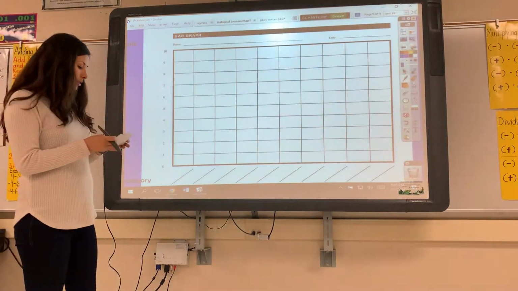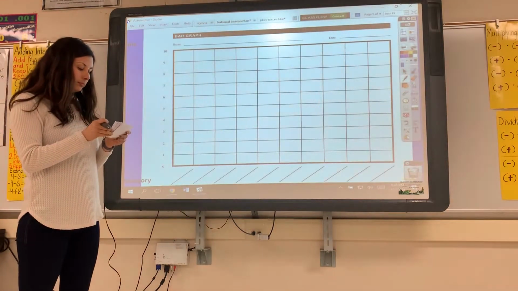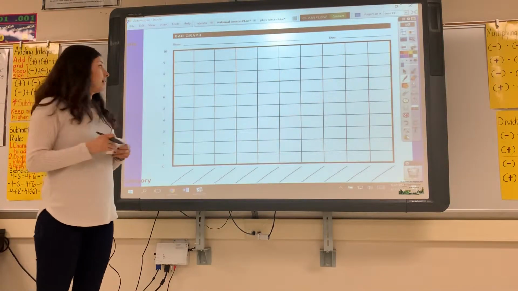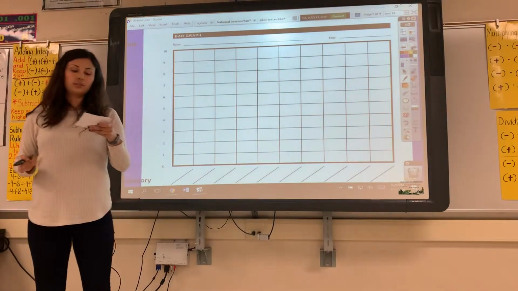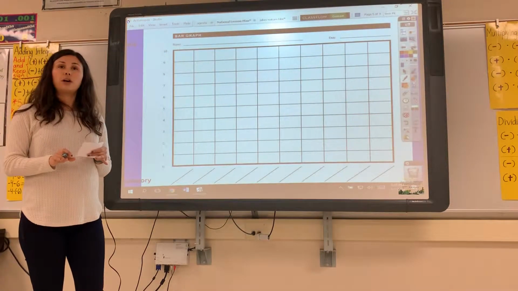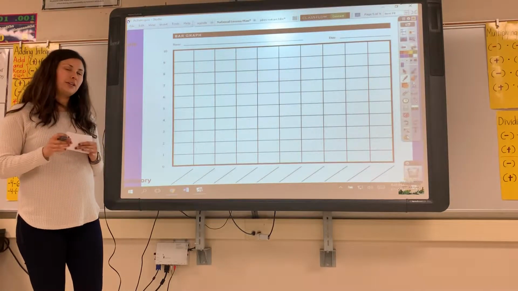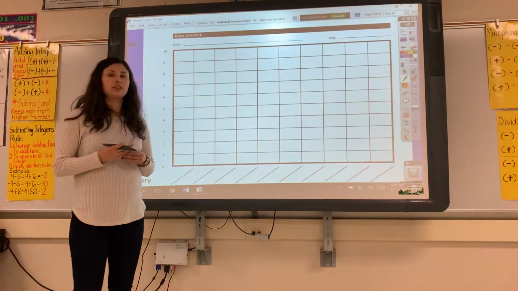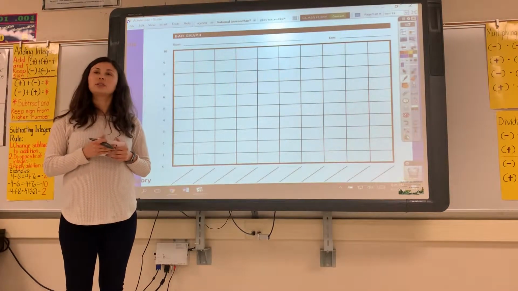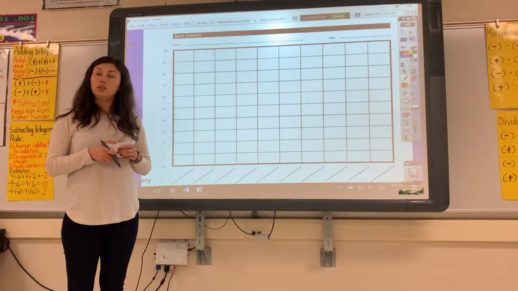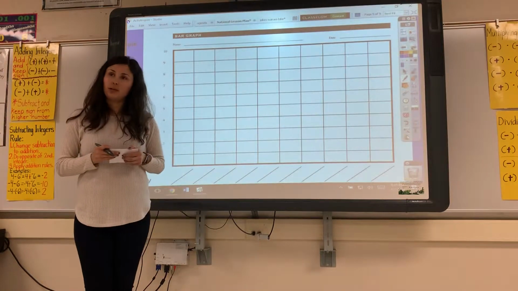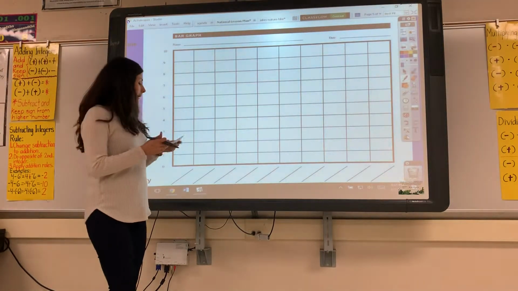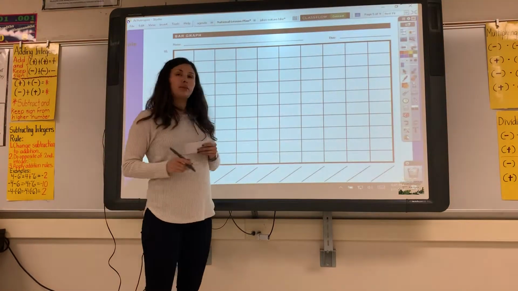So now we're going to go ahead and have a title. You always need a title for a bar graph. They should all bar graphs should include a title. Why do you think we need a title for this? Raise your hand. Good, so that we know what the graph represents, right? What we're talking about. So, who remembers the title